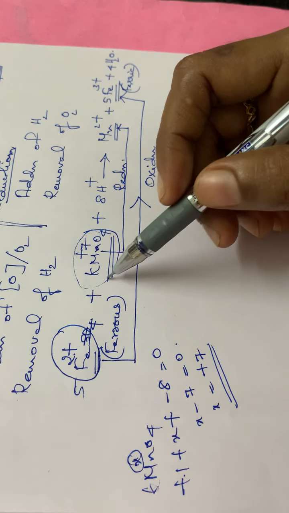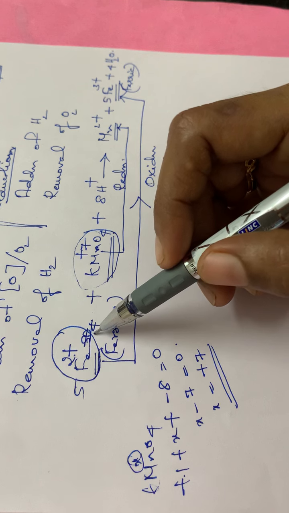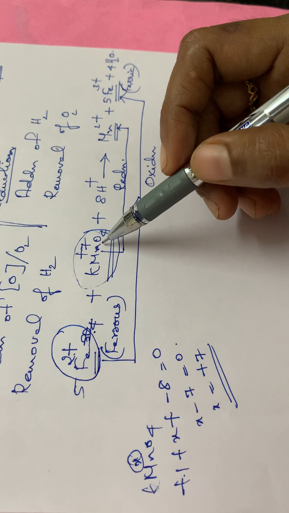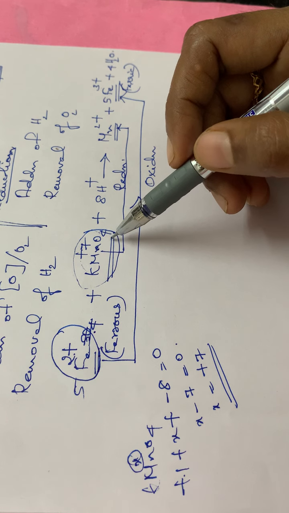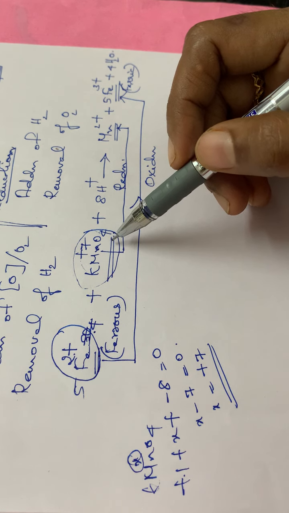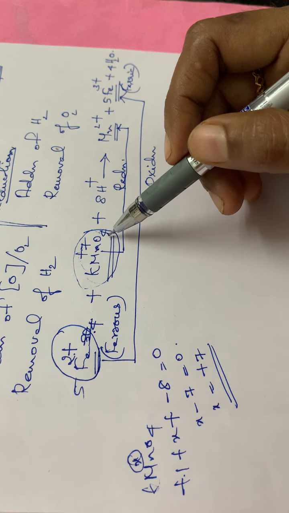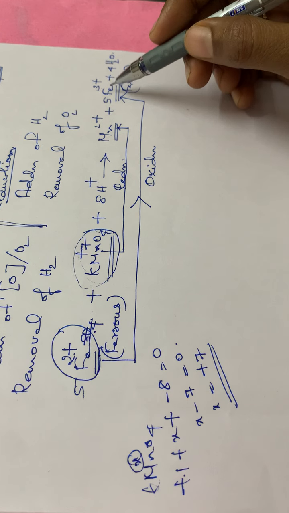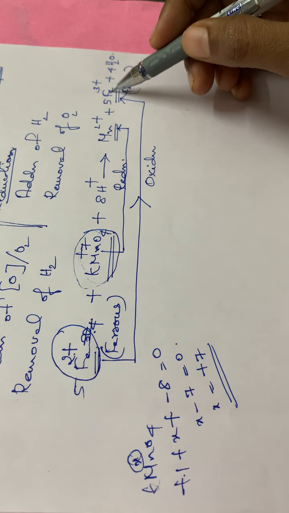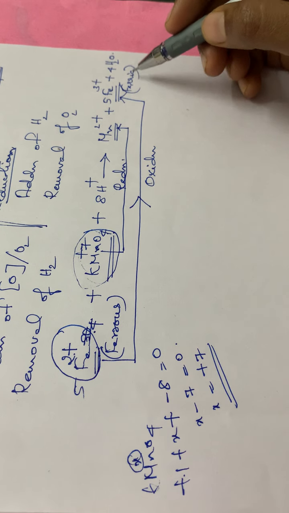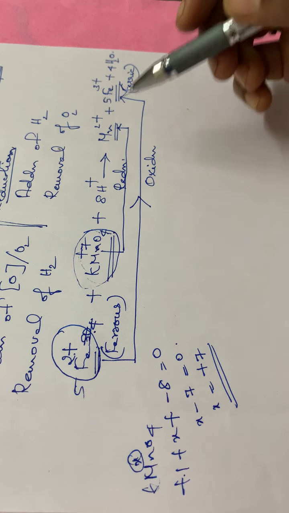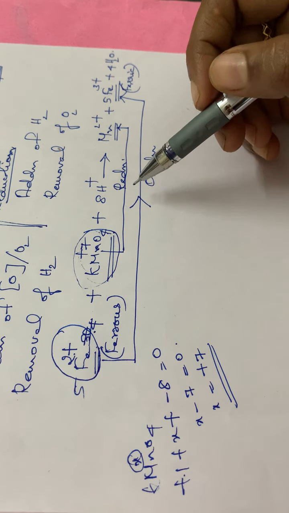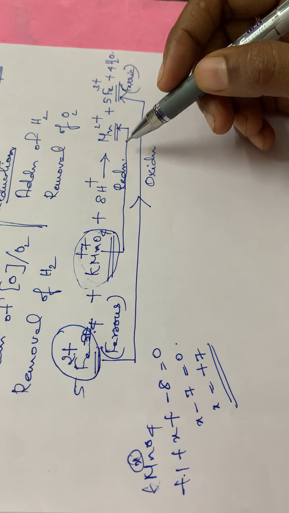Okay, so if we are titrating using KMnO4, suppose we are taking the Mohr's salt solution in a conical flask and potassium permanganate in the burette. This potassium permanganate has a purple color. If we titrate both of these, Fe2+ will be converted to Fe3+. Ferrous will be oxidized to ferric. If a reaction is carried out in such a manner, we can call it a redox titration.